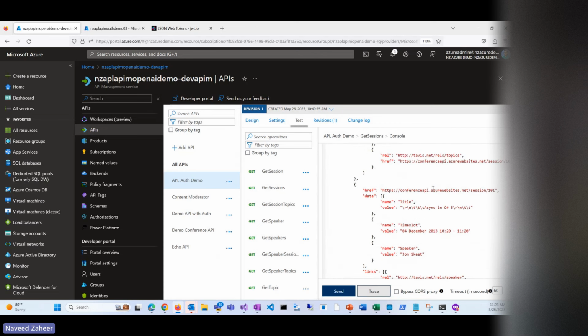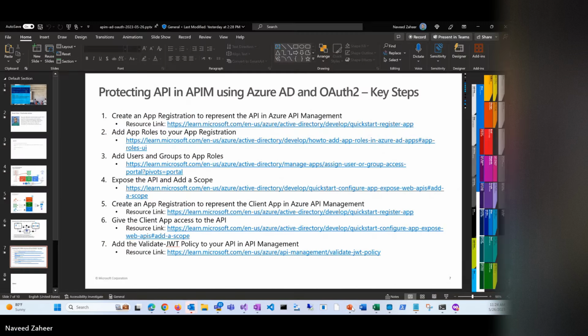So think of it, few steps, creating the app, roles, everything is set up. We are able to now call the API through that particular token and ID. Okay, so very simple. So, okay, now we're going to take it a little further. I mean, normally you won't be calling an APIs through CLI. You will need another app to call it. So let's go to our next step, which is create an app registration to represent the client app in API management. Okay, so that's an important step that we have to do to make sure that we have a client app,